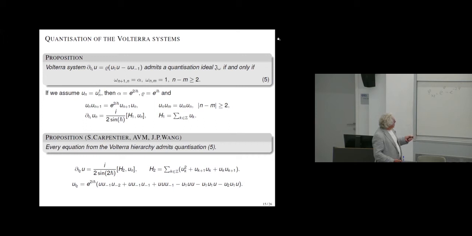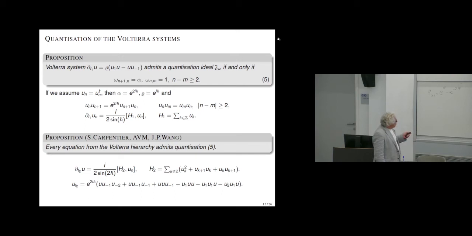And you can write in your equation that the far points commute, the closest points commute. I put exponential ih because I want to add some physics, so that if there is Hermiticity, then it should be 1. Then you can write your Volterra equation in this form, in the Heisenberg form. That is your Planck constant, that is your Hamiltonian. So that's how things work.